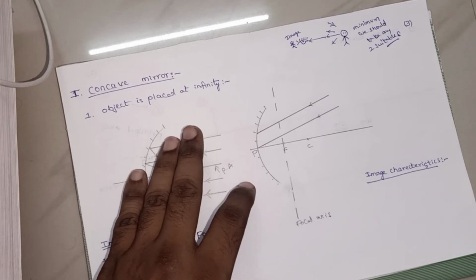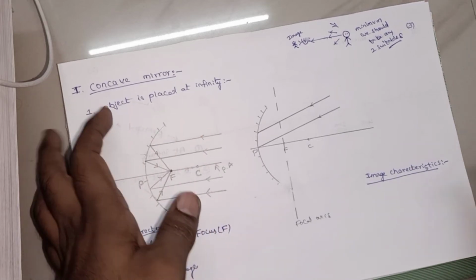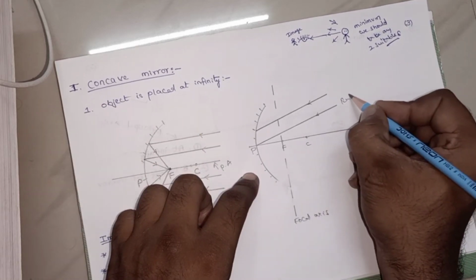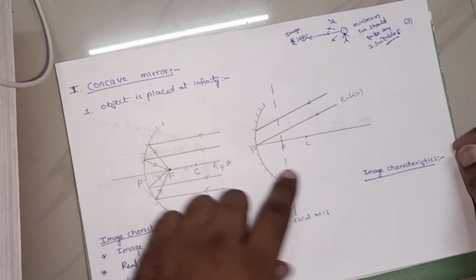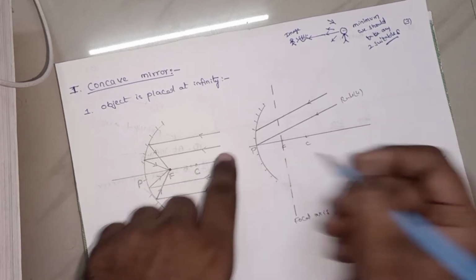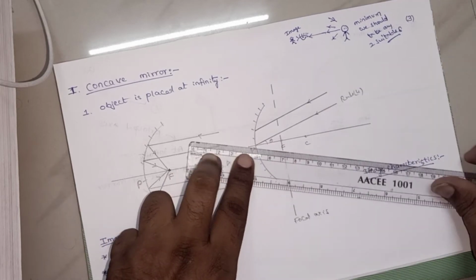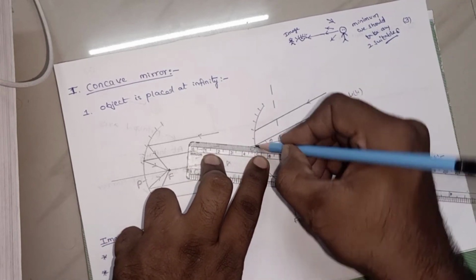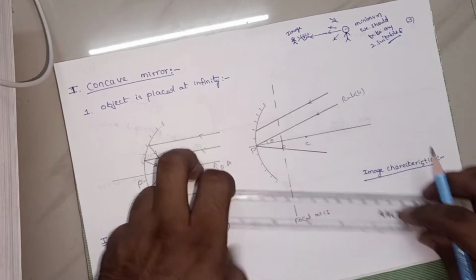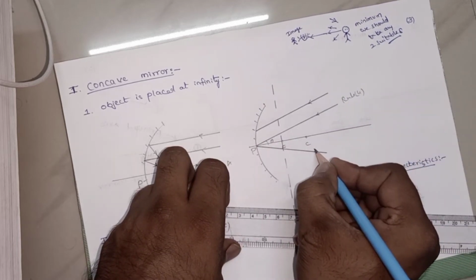See here, I will apply one logic. It is nothing but rule 4. This ray appears like rule 4. See here, it is making a certain angle at the pole, that is, it is oblique at the pole. After reflection it should make the same angle in the opposite direction. So this is the reflected ray.